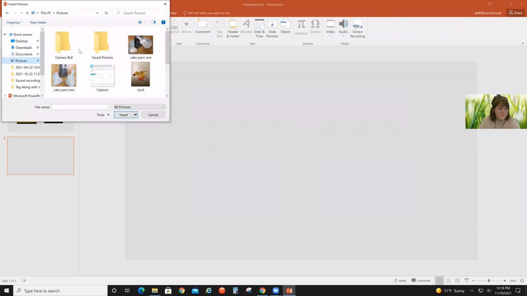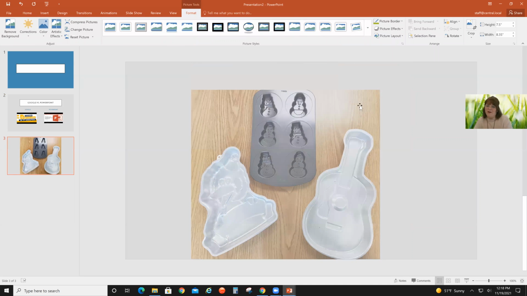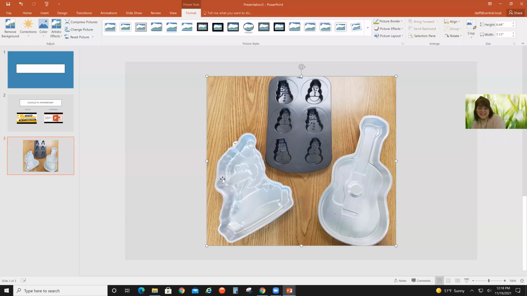You know, this cake pan one is great. We have a cake pan library. It's housed at the Nathan Hale Library, but you can search our catalog for them if you're interested in checking out a cake pan. But when you select the image, Format or Picture Tools is automatically selected,